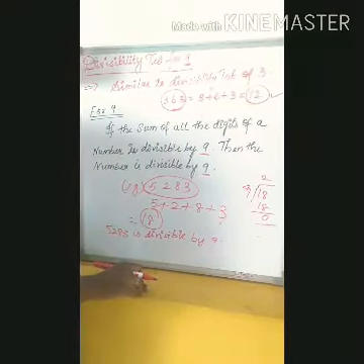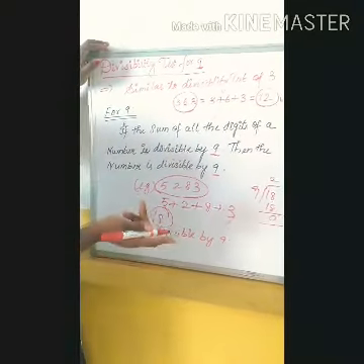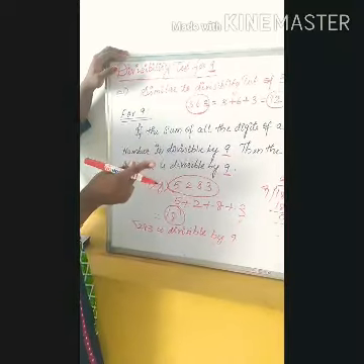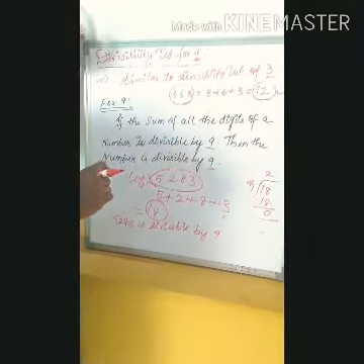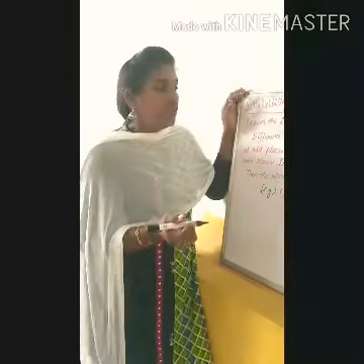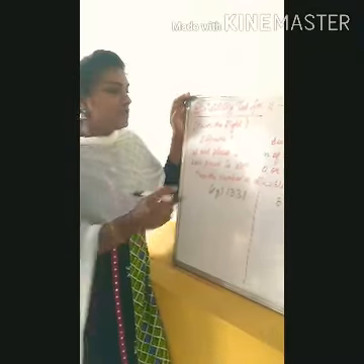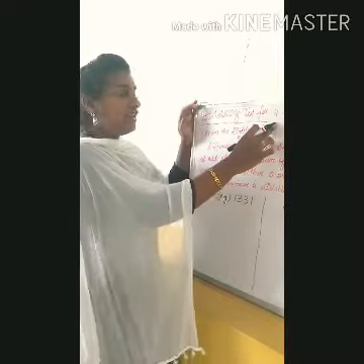Okay, next we will see the divisibility test for 11. 10 we have seen already. When the last digit is 0, it is divisible by 10. Now, the last divisibility test, we will see the divisibility test for 11. Okay children, now we will see the last divisibility test, the divisibility test for 11.